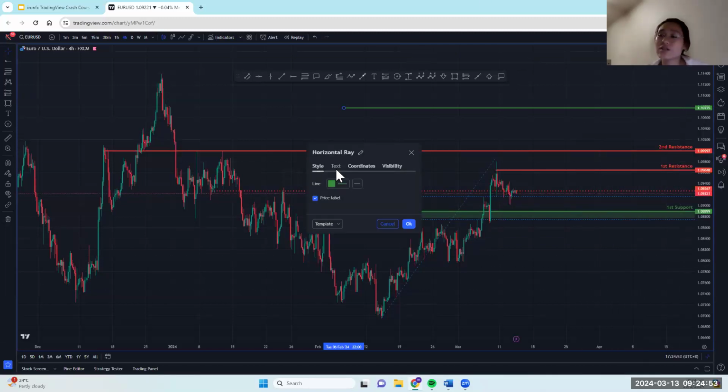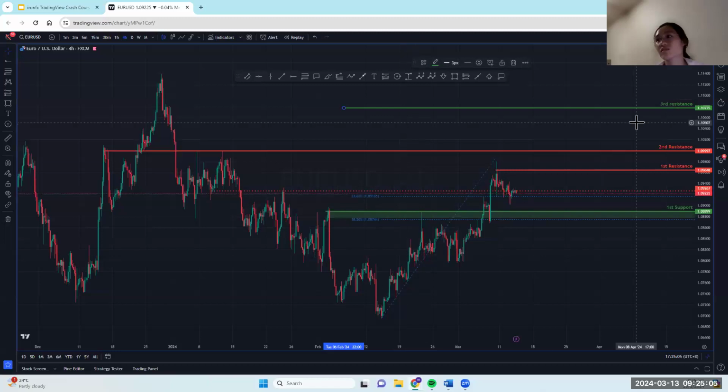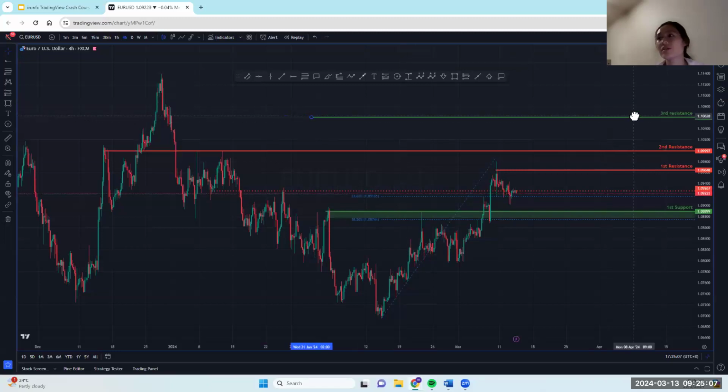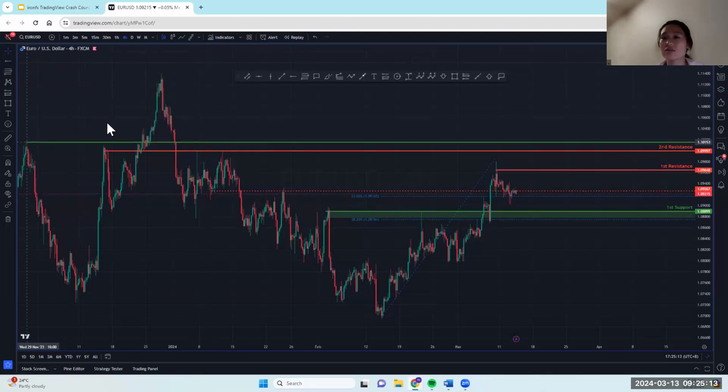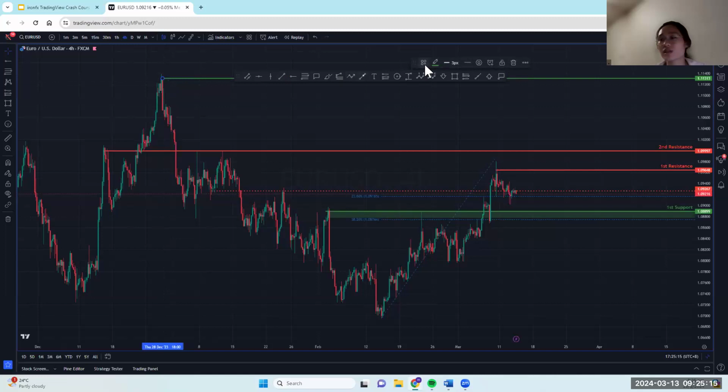Okay, go to settings. You can change the color as well, and then my text here would be third resistance. Okay, so it's popped up here. So every time that I want to have a third resistance, for example, here, I just have to click on this and then,